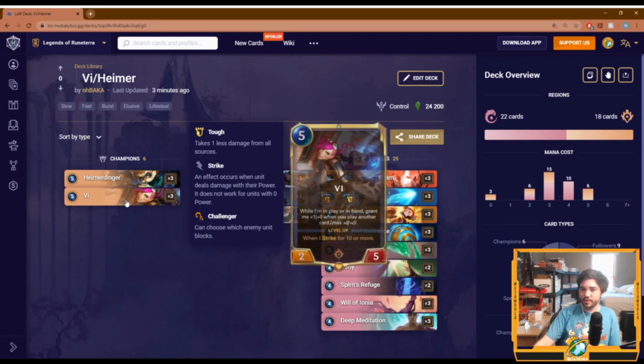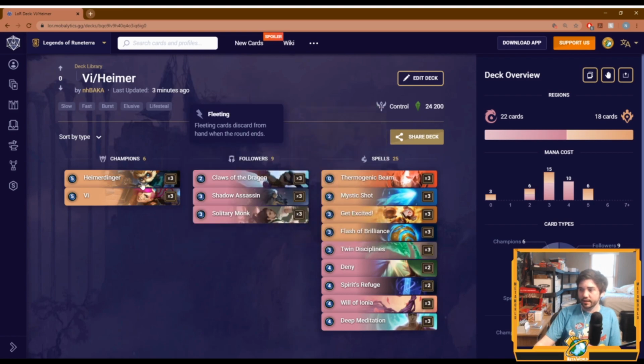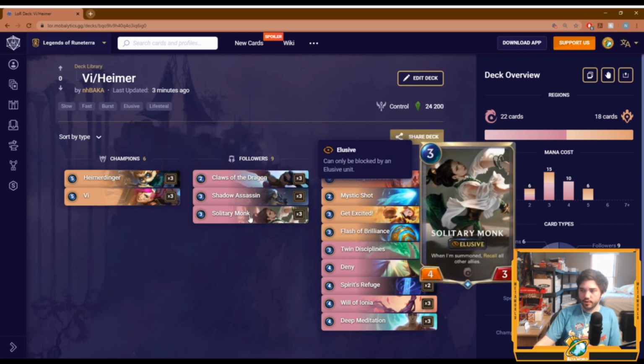Vi is definitely your stabilizer, though, against Demacia, any kind of mid-rangey deck. A lot of times you're aiming to play your Vi before the Heimer to buy you a lot of time, unless you know that the Heimer is guaranteed going to stick. But you could take a Solitary Monk trade on 3 against Demacia, depending on how aggressive their curve's looking,